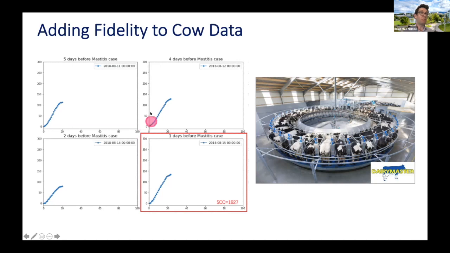So we get what are called flow profiles. Essentially each one of these little blue lines is showing a milking event, starting from when the milk started to be collected right through to when it ended. And this is a cumulative volume of the milk that was collected. So what we're starting to do now is dive down into that much more detailed picture of what happened during the milking, and incorporate this data into our prediction models.